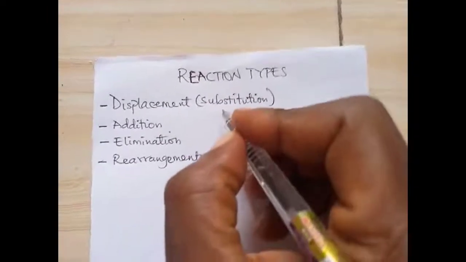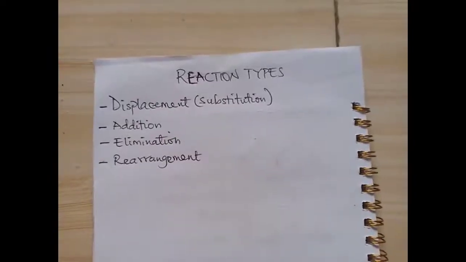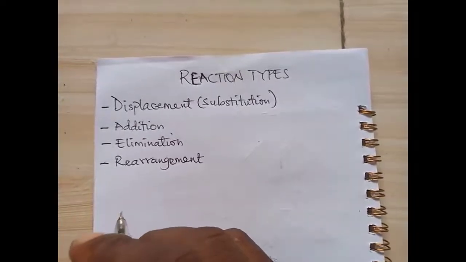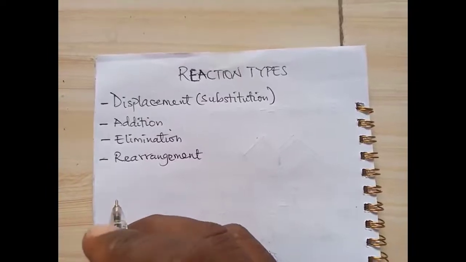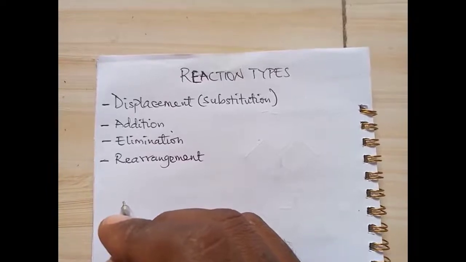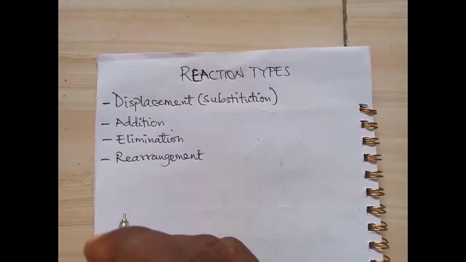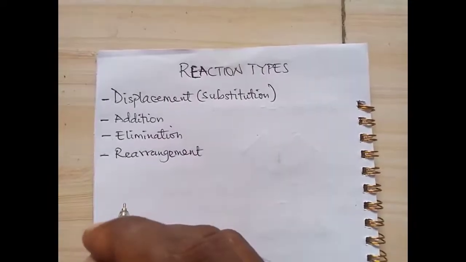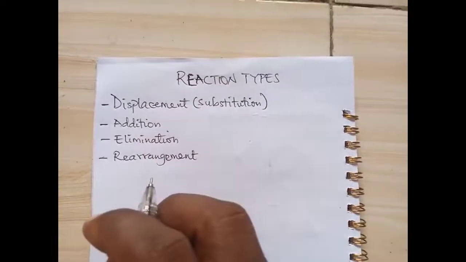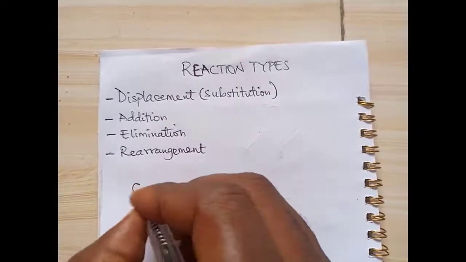Now for displacement reaction, or what we call substitution reaction, it is a kind of reaction in which an atom or group is replaced by another atom or group. When we're talking about the displacement, it is actually the atom or group that is attached to carbon that is being displaced. So it can be hydrogen, it can also be another atom, or it can be a group. In electrophilic substitution, it is often hydrogen that is displaced. An example of that is if we have